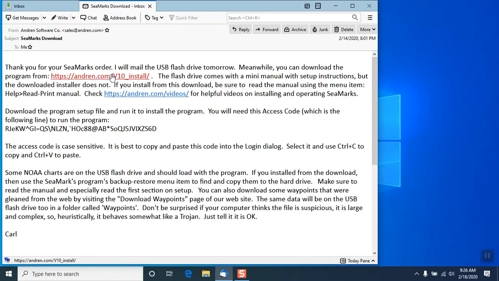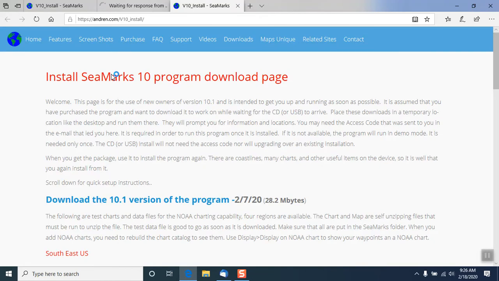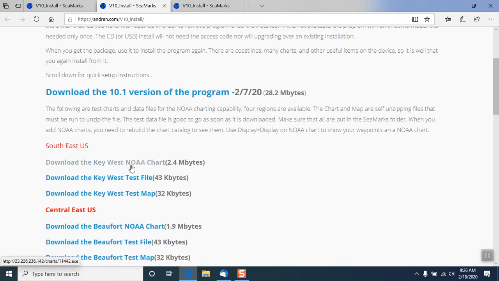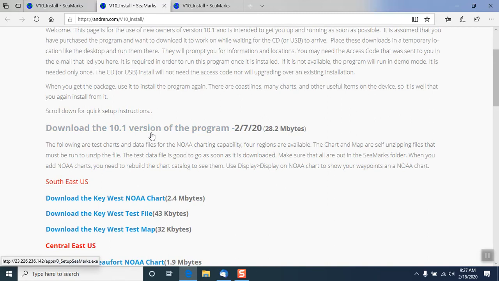So if we click the link to download the program, and we click it once, we get this page. This is the SeaMarks download page. Now this has the link for downloading the installer, and it also has links for test NOAA charts and whatnot if the downloaded one doesn't match where you are. Typically it will be for South Florida. So we'll click this link